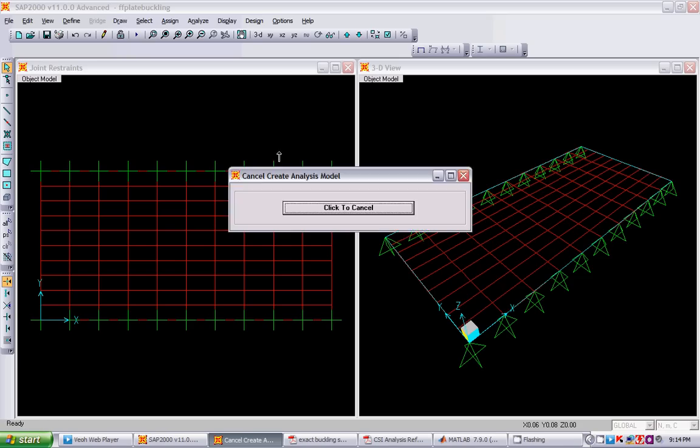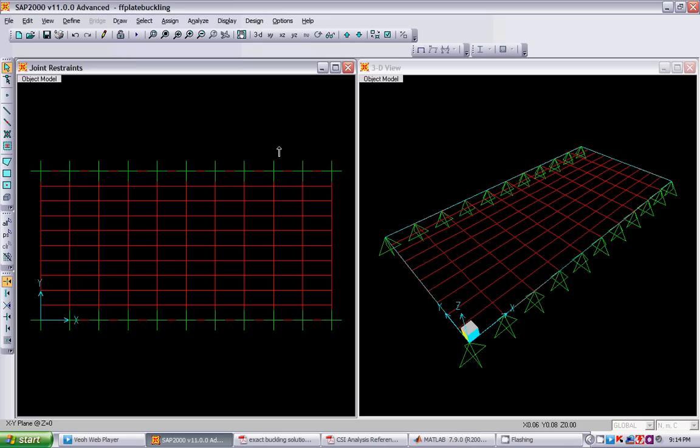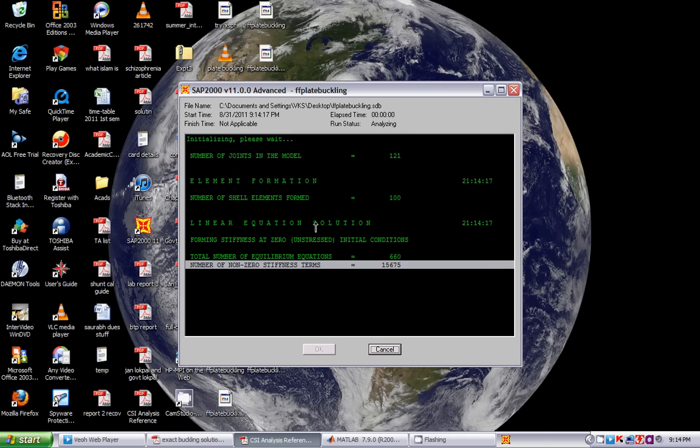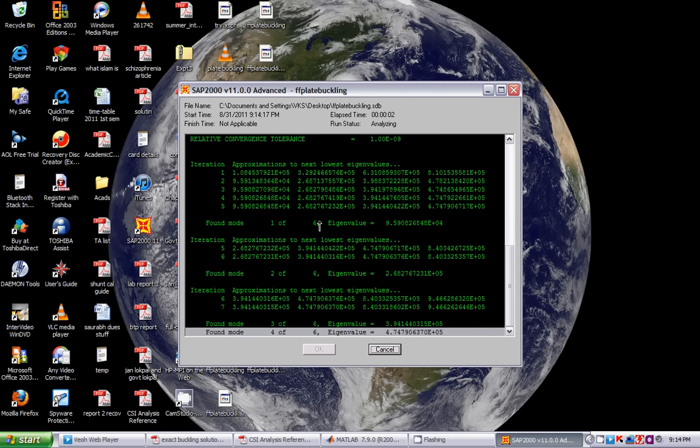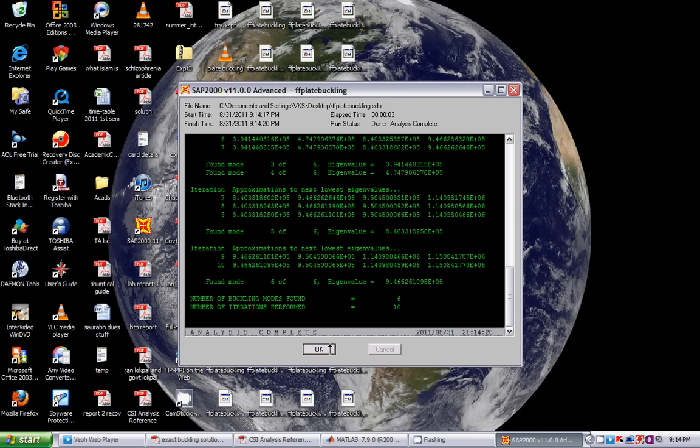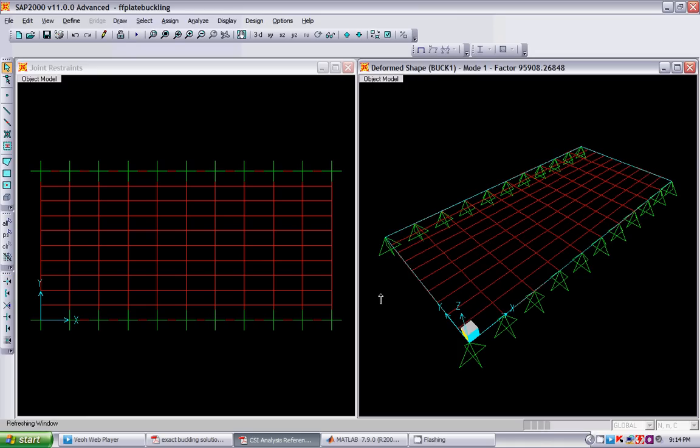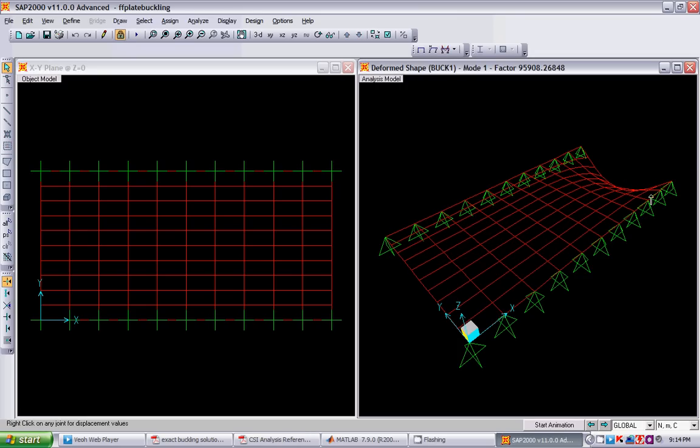Now it will do the analysis, and you can see it has completed it, has found the modes, and you can see this is the first mode shape which you are getting, and this is the load factor which you are getting.